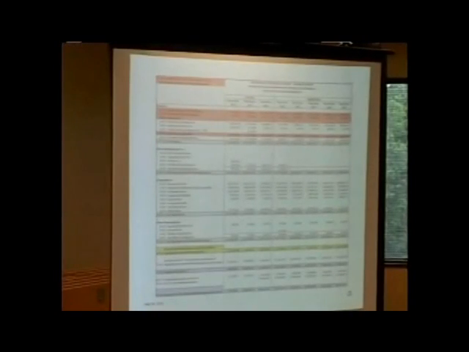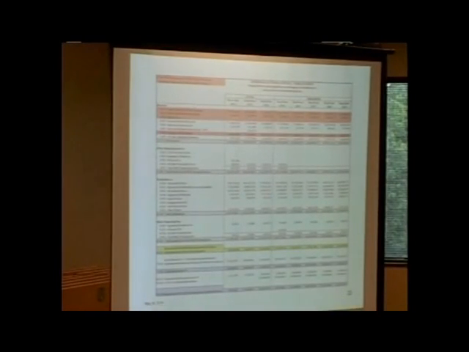Let's go to the next page. This one, I know you guys can't read. What I tried to do is, if you download this, and it's actually in your board docs, this is a sheet that shows the levy that is included in the 5-year forecast as though it wasn't taken out. So these numbers up on top actually show the emergency levy. We didn't take them out so that you could see what it would look like without it.